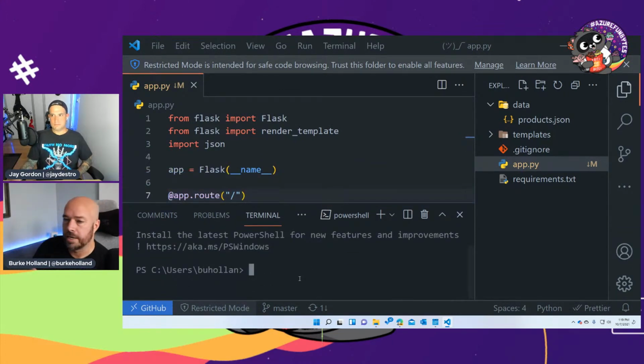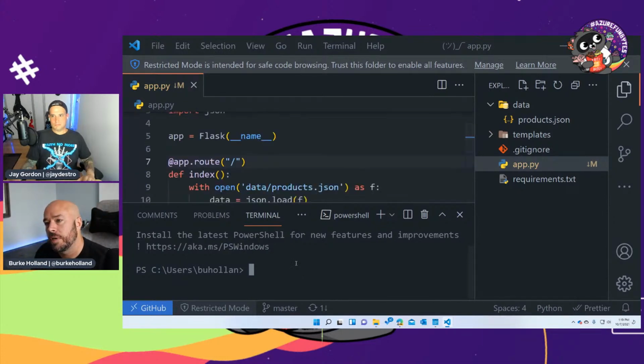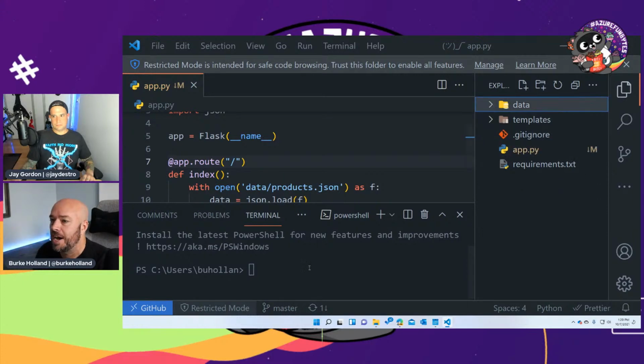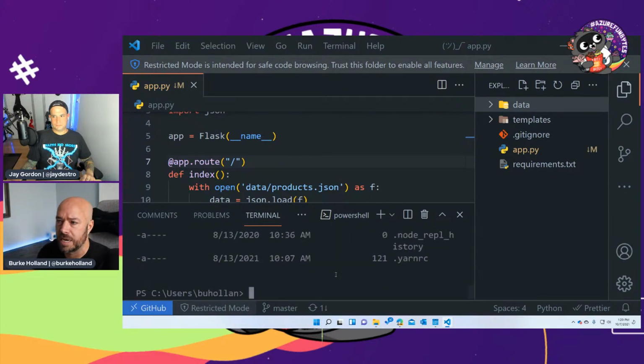I'm sort of walking us towards that cliff. Okay. So at this point, we would want to run this thing, but of course we can't because we don't have any access to these files, right? Like if I do ls in PowerShell, none of this stuff is there. And so if we